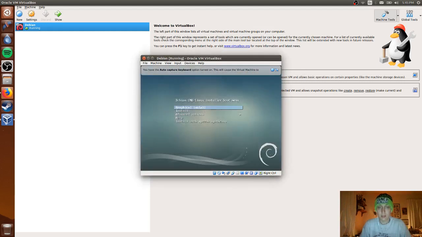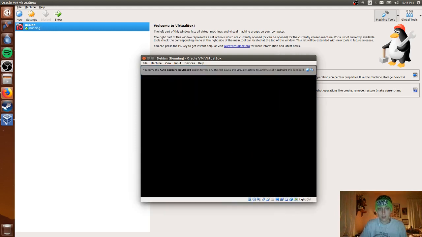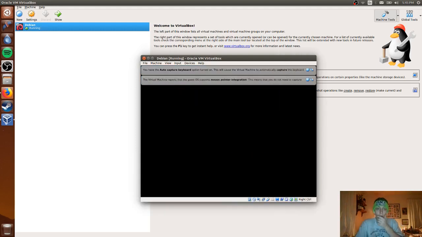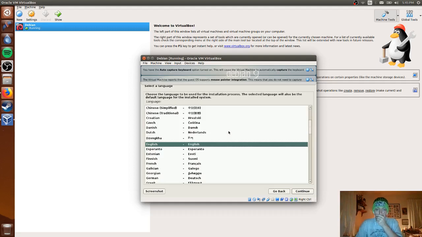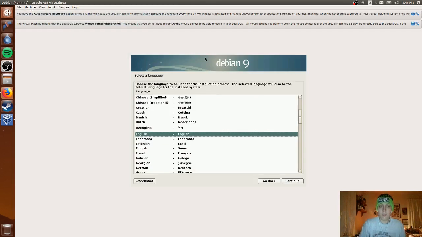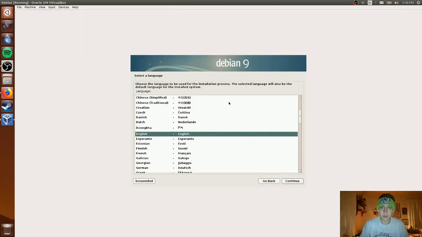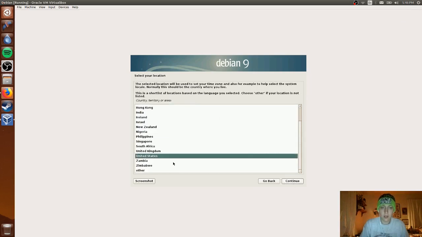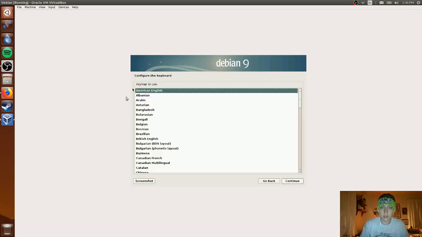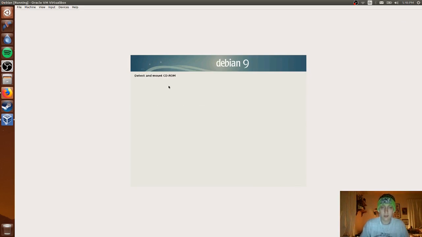Okay, and here's where we can go to install it. Go ahead and hit enter. This is for the graphical installation. You can use this now, but we'll be able to make this bigger in the future, but for right now we have to install it first. So hit continue, whatever you're using, and this is Debian, and I'm using the graphical installer, so hit continue on that,